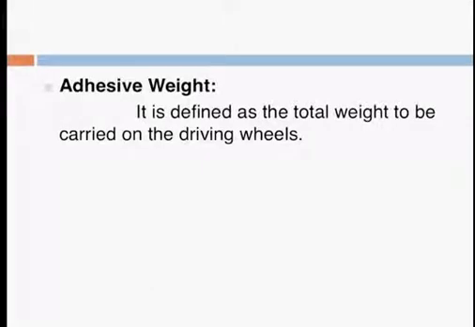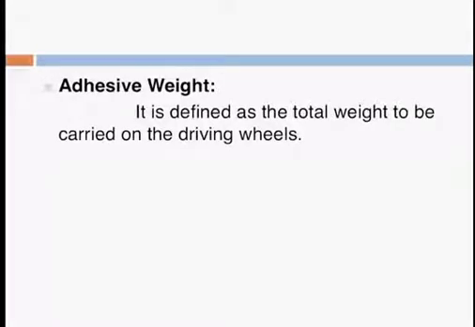એ પછી આવે છે adhesive weight. Now talking about the adhesive weight, તો એ ડિસ્કસ કરતાં પહેલાં ડેડ વેઇટની વાત કરીએ તો ડેડ વેઇટ means the total weight of locomotive and the train which is to be pulled by the locomotive. એટલે કે લોકોમોટિવ ને ટ્રેનનું ટોટલ વેઇટ જે પુલ કરવાનું છે લોકોમોટિવને એને કહેવાય ડેડ વેઇટ. એક્સલરેટિંગ વેઇટની વાત કરીએ તો ધ ડેડ વેઇટ ઓફ ધ ટ્રેન, દેટ ઇઝ ધ વેઇટ ઓફ લોકોમોટિવ એન્ડ ધ ટ્રેન